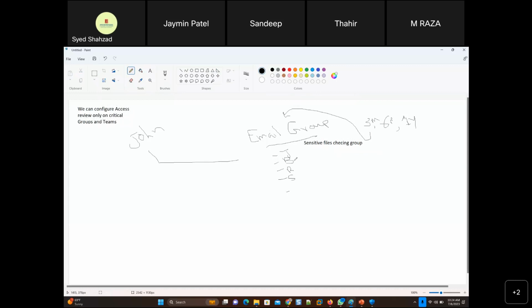Oh, Bob is still in this group. He actually left the company. Why is he still in the group, and why did desktop support not remove that person, Bob? So there's an approve button and there's a deny button when you are doing access review. So you can, in front of every student. Oh, did I say student? Instead of every employee, right?